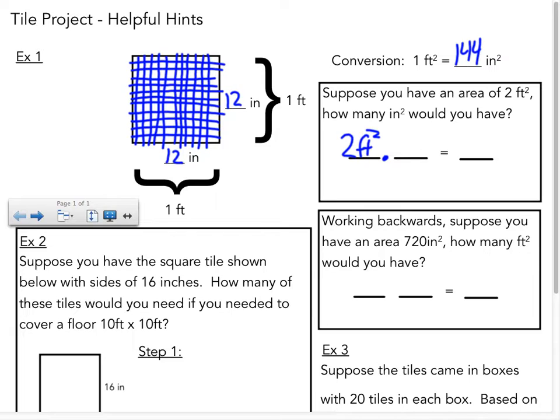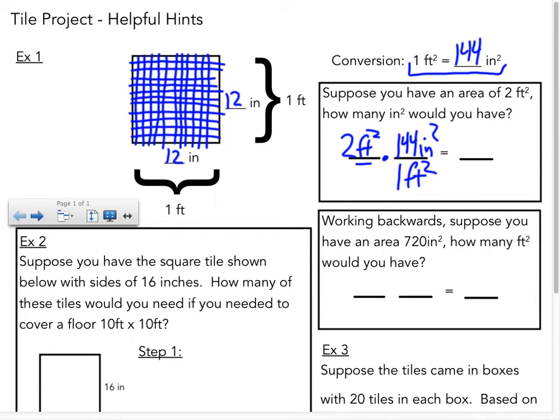So when I do that, let's try a couple of examples. So here's my conversion. Suppose I put 1 foot squared is 144 inches squared. And things cancel when you have the same thing in the numerator as you do in the denominator. In this case, I don't have the same thing in the denominator and the numerator, so the feet do not cancel, and we're not going to get what we want. So we got to switch it around. We've got to switch the 144 and the 1 foot around, the conversion factor, so that it works the way we want. So I'm going to switch it around, and I'm going to get 144 inches squared in 1 foot